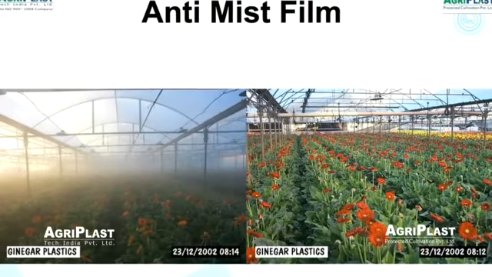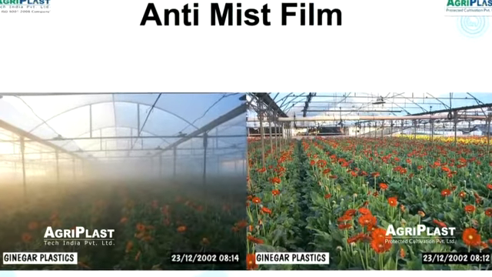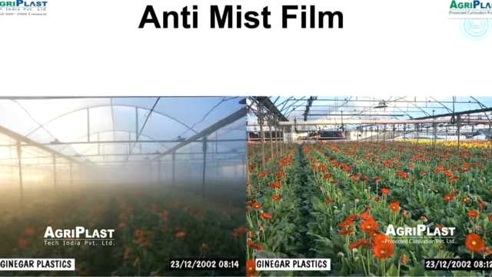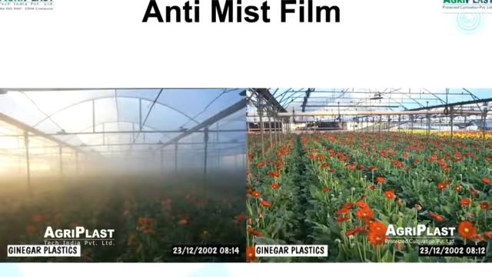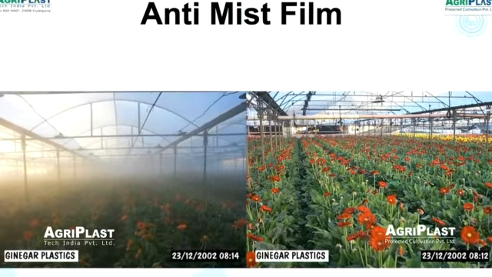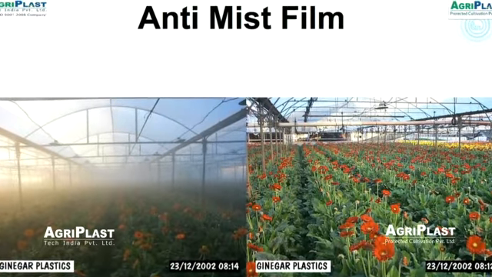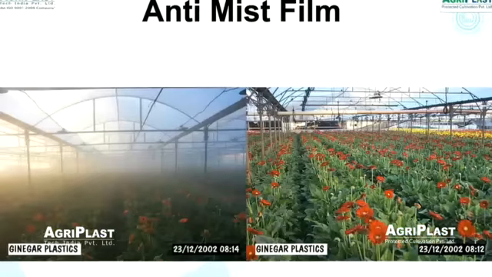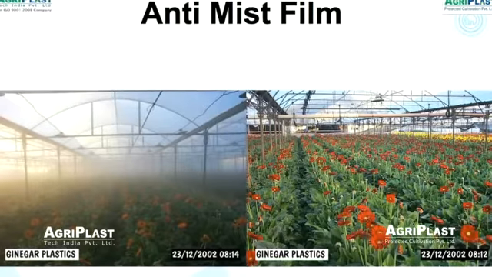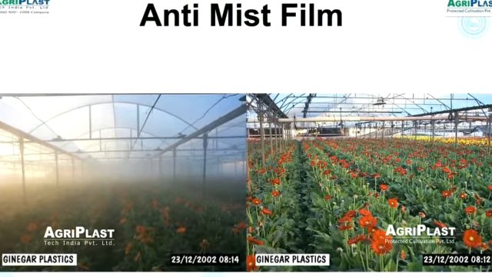When the film of water is moving, then the moisture from the air goes on the free surface of the plastic. You understand? This film is always moving. So there is moisture in the air which goes onto the plastic and then again it moves. So the moisture from the air is constantly drained. But in this scenario, my film is very strong, anti-drip is very strong, so no water is moving. So all the water stays in the air, all the vapor stays in the air, and that is anti-mist. So we have to make a little bit weaker film, weaker anti-drip, in order to achieve anti-mist.